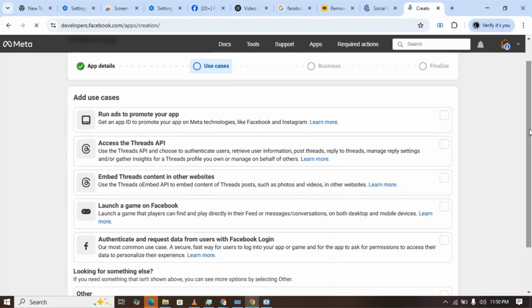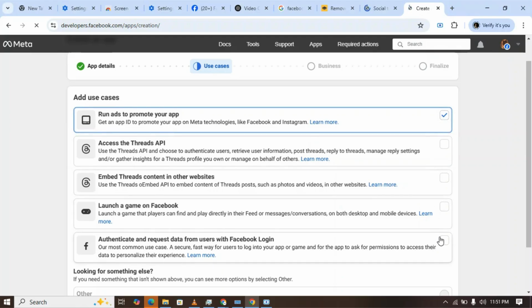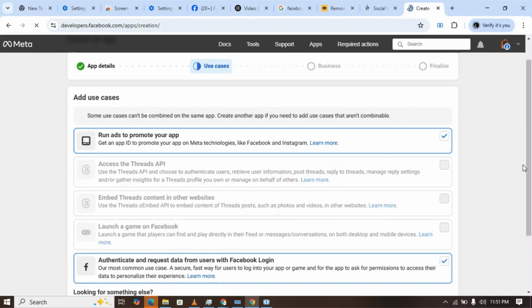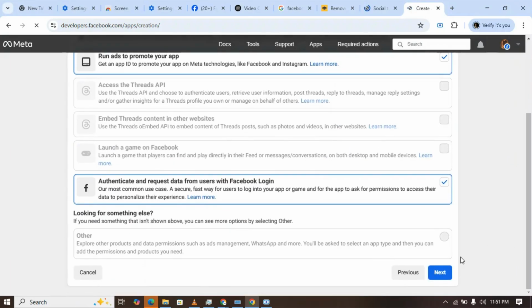And the last option is authenticate with Facebook login. So if you enable it, people can log in or sign up on your application with Facebook, the same as you see on many applications having a Google login or Google sign up option. I'm clicking one or two options randomly. Okay, now